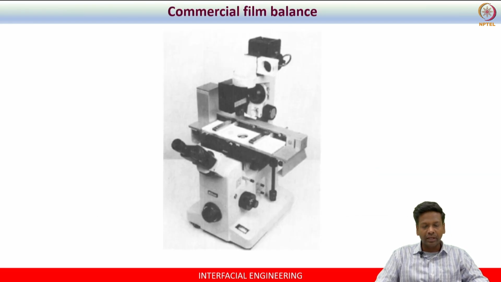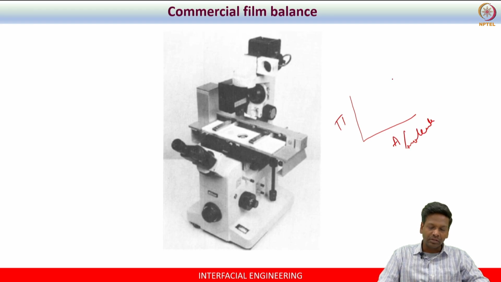So in the modern day, you will have this trough attached to a microscope. It has the advantage of being twofold. One is you can actually generate the surface pressure versus area per molecule isotherm. This is one advantage. Another advantage is you can also